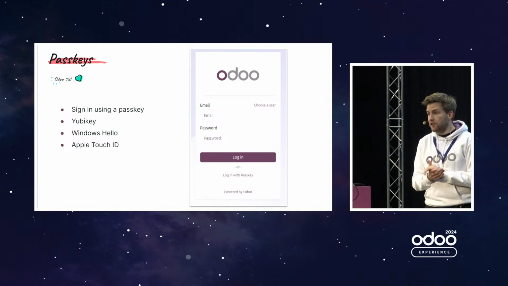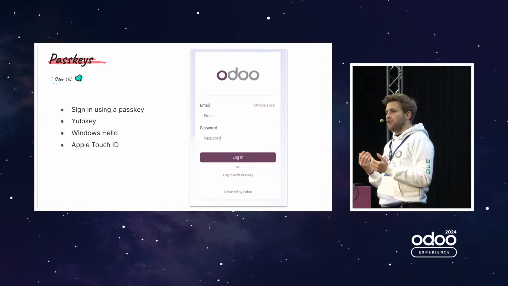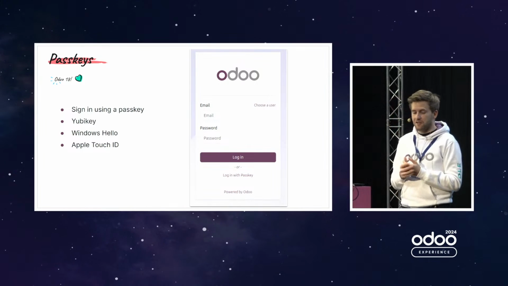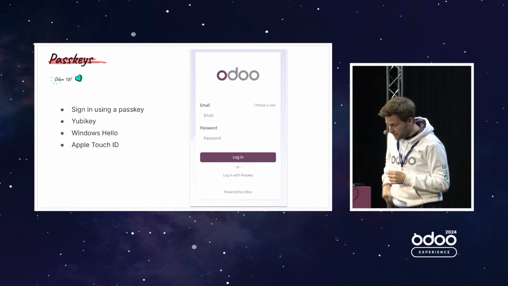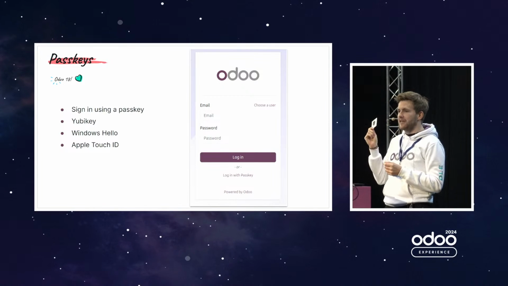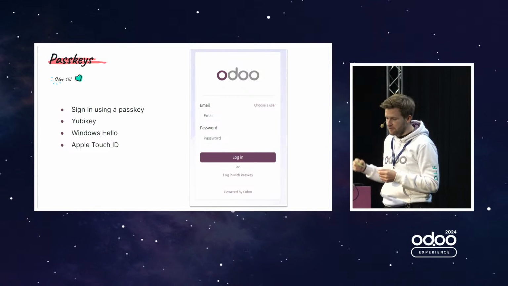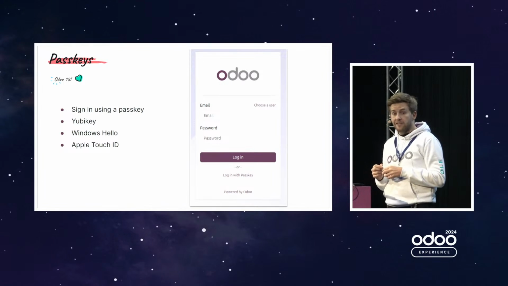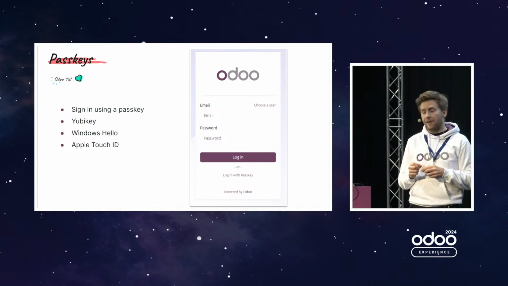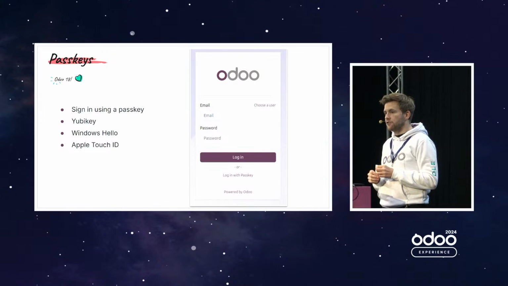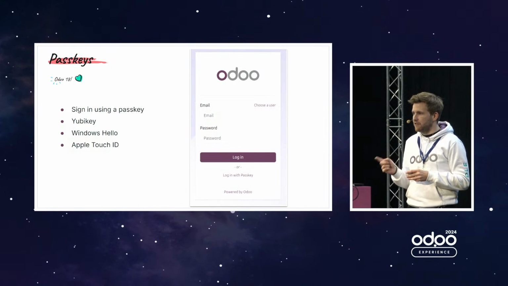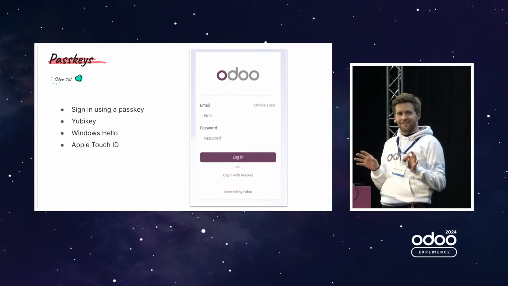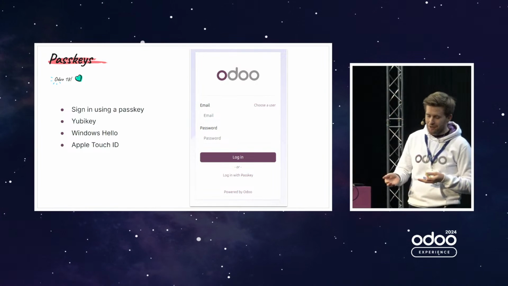This one is a new feature that we added in 18. It's actually available since 17.4 on the Odoo Online. It's the passkeys. So it's the ability to sign in using either a YubiKey, a physical device that you have plugged in your computer, but it also works with Apple Touch ID and also Windows Hello. I would like to make a demo of that, but I will do it at the end to make sure I'm not messing with the setup for the moment. So I will do it just before the questions.